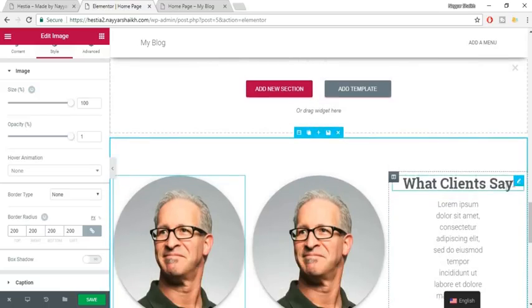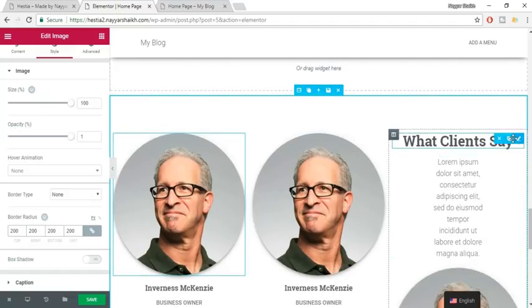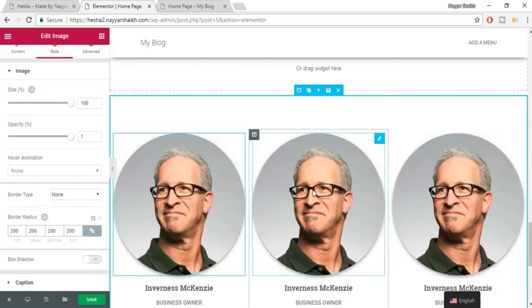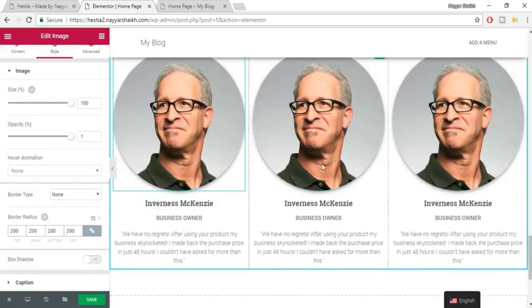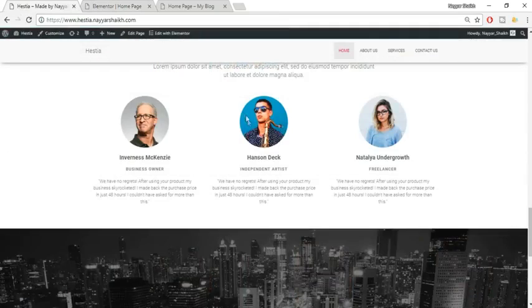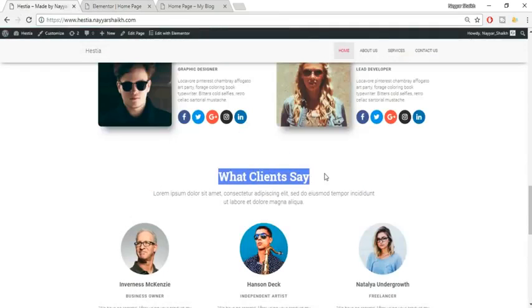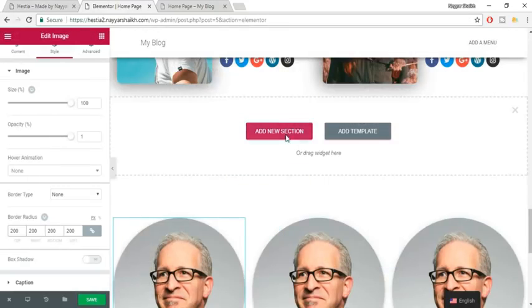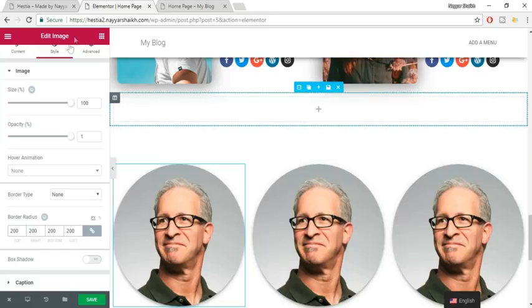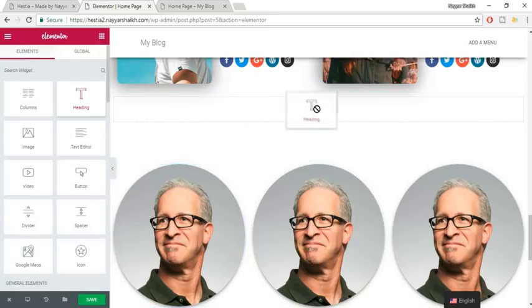Okay, it is not coming. I think I did some mistake. Just delete this and we'll again have to add this thing. We'll also have to add some gap. We'll see that later. First, let's add this title and subtitle again. Click on add new section, single column. Okay, bring this text over here,